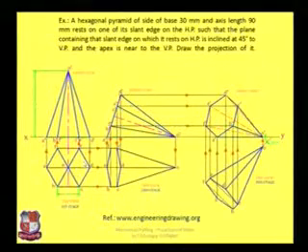This is a very important first step, in which we have to decide which shape should be drawn. Here a hexagonal pyramid is given, so the top view will be a hexagon, the front view will be a triangle, and it is resting on its slant edge, so in the top view two sides should be parallel to the XY line. Again, if it is given that it is resting on its triangular face, in that case any of the six sides should be perpendicular to the XY line, or these two sides should be perpendicular to the XY line. Now second step, here it is given that it is lying on the horizontal plane.